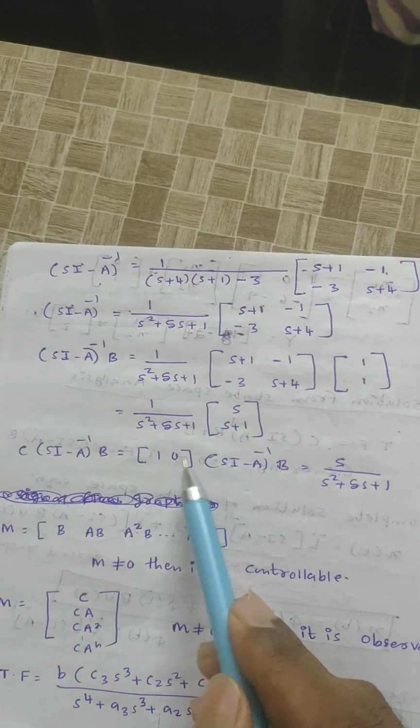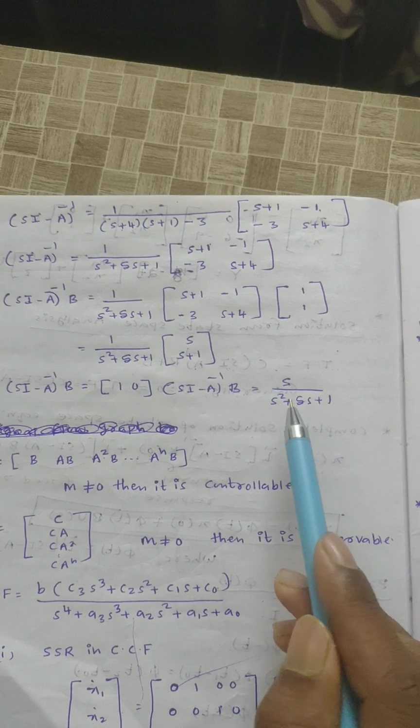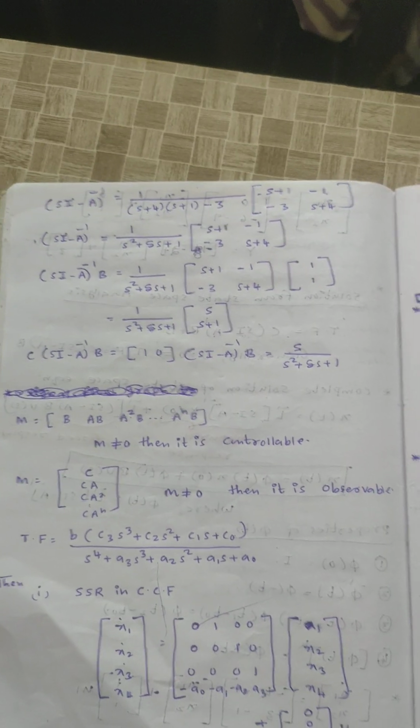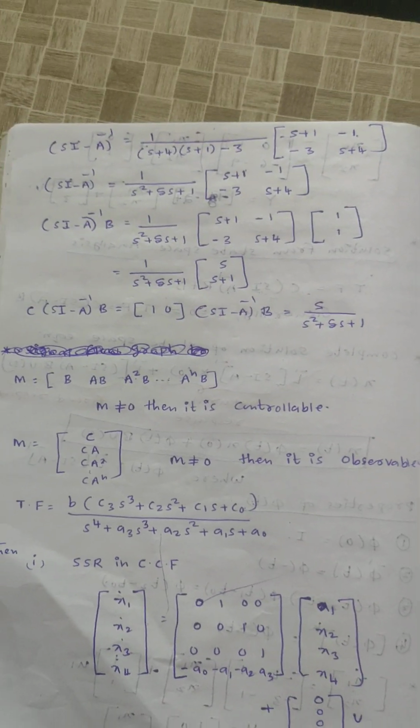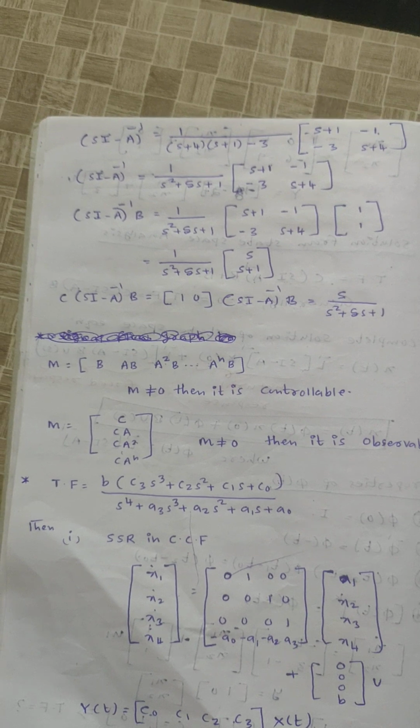Then after that I need to multiply with 1 into 0. If I simplify this equation, I will get S by S square plus 5S plus 1 as the transfer function. In this way we can find out the transfer function. Next,